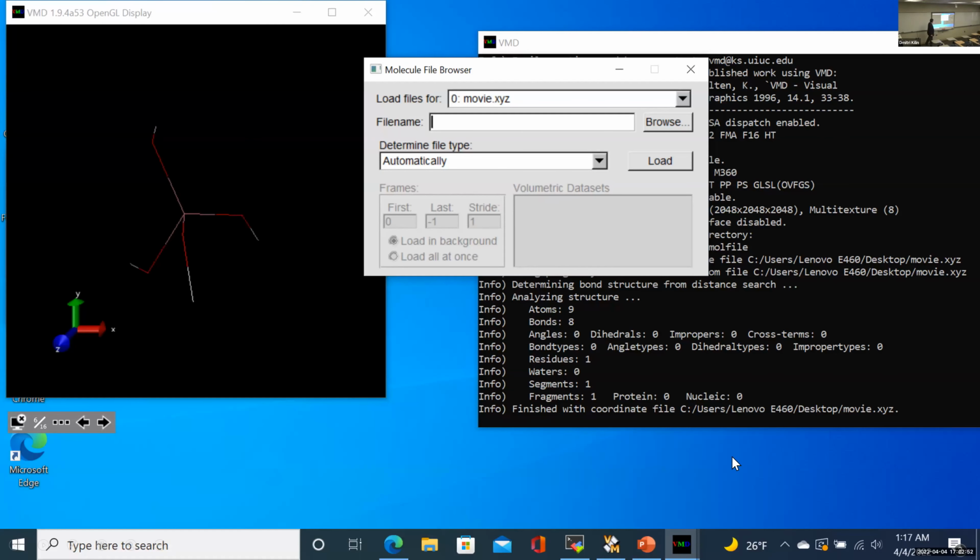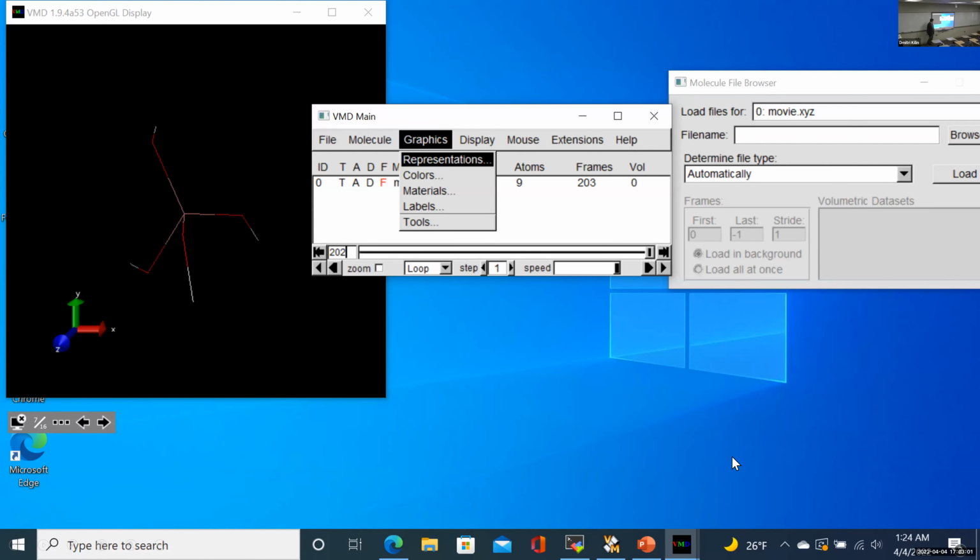And upon loading, the molecule is showing up here, and the goal of his presentation was to show how to make movies. So I believe in the next slide he's showing how to make the molecule nicer, to replace these thin lines